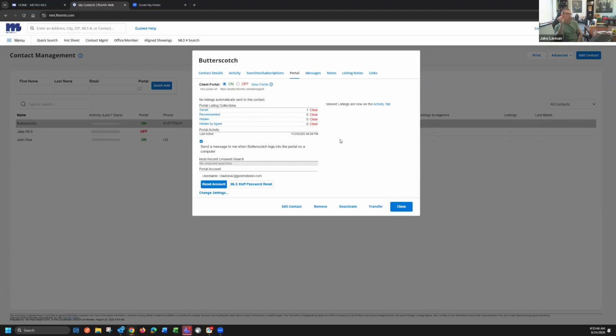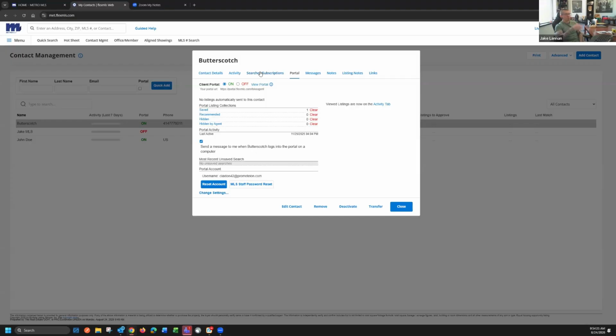Other than that, that's pretty much the gist of a portal. So again, online bank account. They can go in at any time, see whatever's been sent to them through their subscriptions, see what is currently matching their search criteria. They can perform their own searches depending on where they're at on the portal and what device they're using. Yeah, the last thing I want to touch on as far as portals, subscriptions, searches, all that stuff is